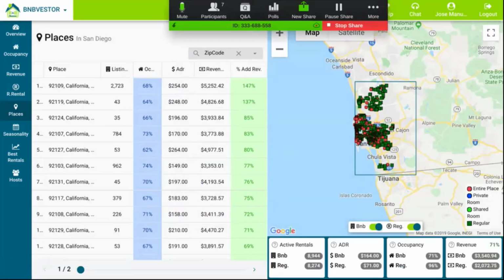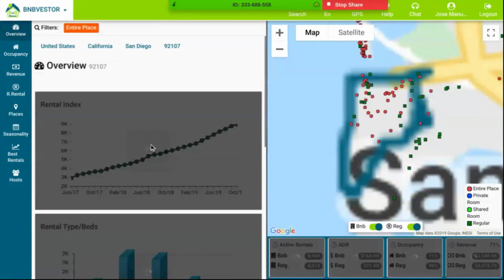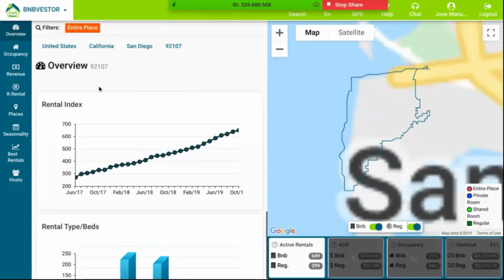That's the whole idea. So I want to point out some of the zip codes that we have so we can make some analysis here. Let's see, let's bring, well, let's take this one with 784 listings. It could be interesting. All I need to do is just click on top of it, okay? I'm going to remember some of the zip codes that we've seen here just to go back later on and actually check them out, okay?